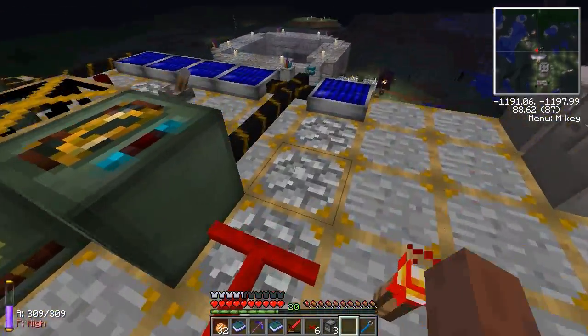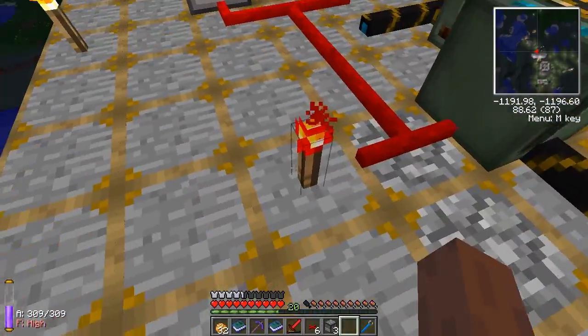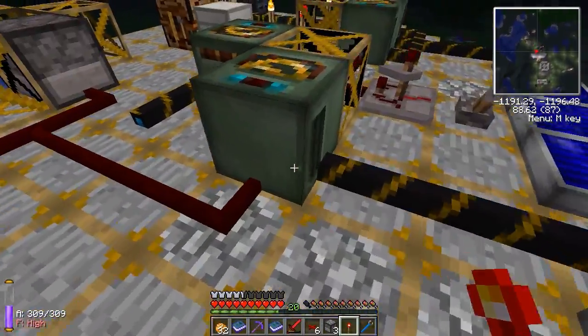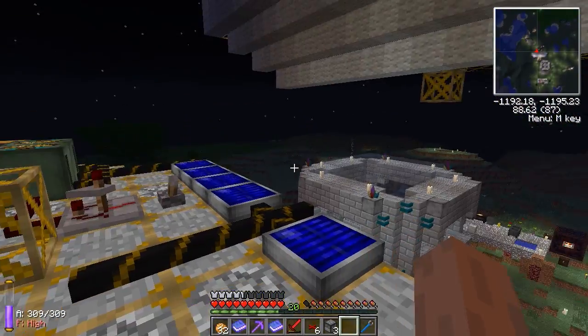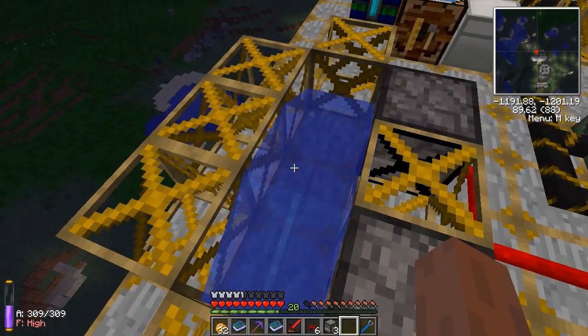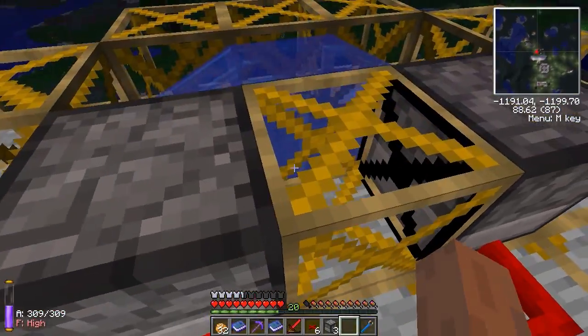Okay, yeah, so for some reason, it seems like unpowering this, which I didn't think was doing anything. Oh, okay, so wait. I think I just pushed us backwards one. But, okay, so that now takes the water out of there. But when we move again,